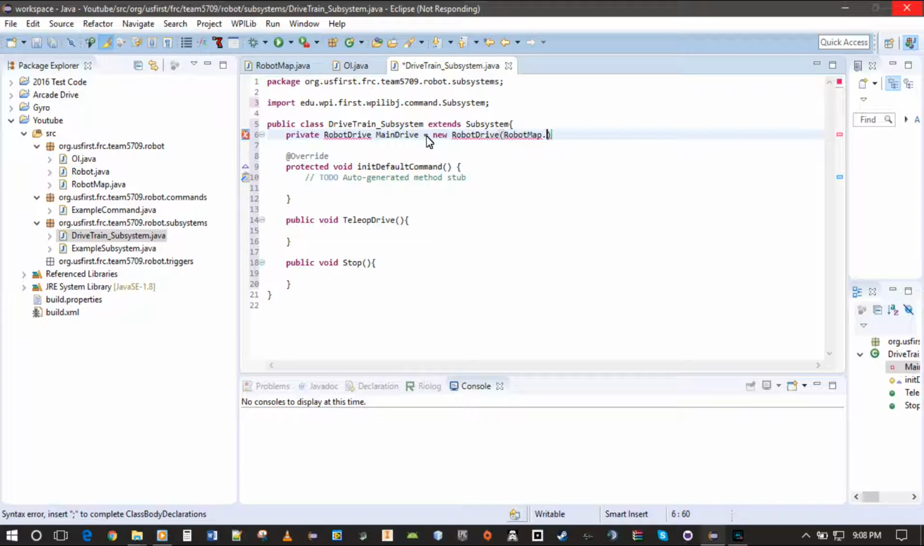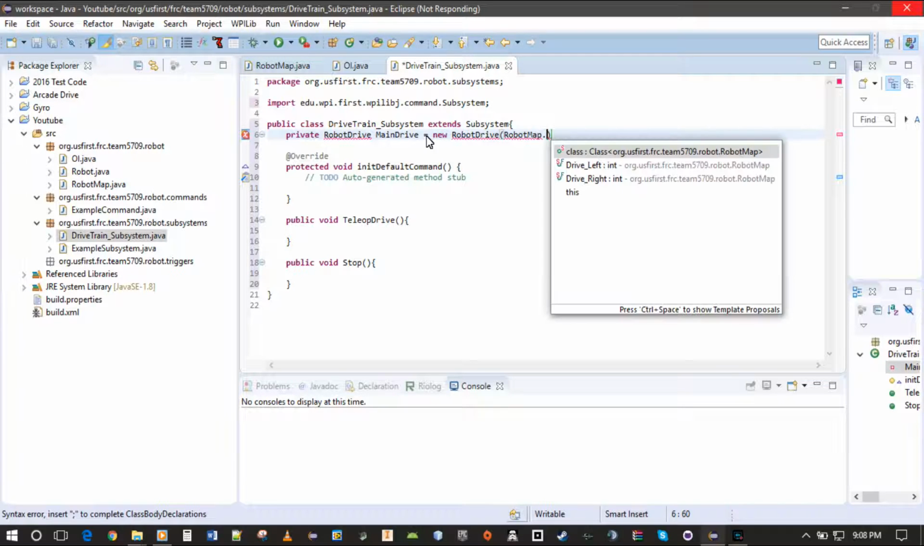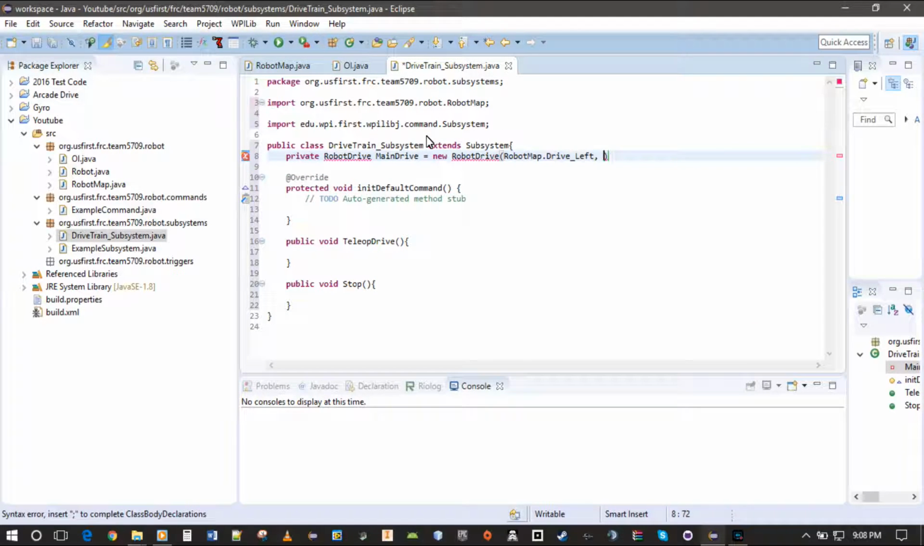Well, good night so far, I guess. There we go. So what we're going to do is use the arrow keys, which is what I like to do, on my keyboard here, and I'm going to select the drive left. And now we're going to do a comma, and we're going to do the same thing with the drive right. Or robot map dot,